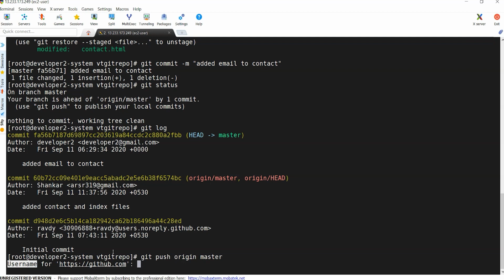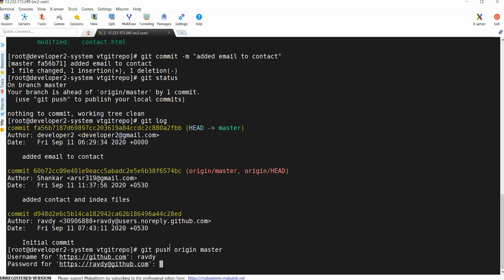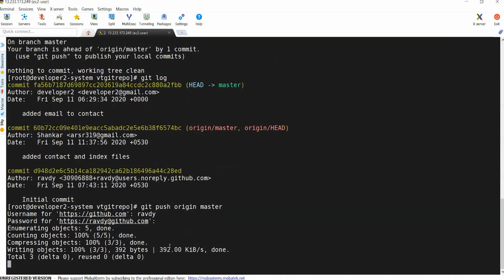If you want to use my code, yes, you can use it and you can make whatever changes you want. In this case also, developer2 wants to modify the code, and he has modified it, but while he is pushing his code onto my repository, he should have my authentication, nothing but my credentials. But giving my credentials to developer2 is not the right way. But just think that for this moment, we need credentials to push our changes, so I have given my credentials to developer2. But going forward, we won't use these credentials. So to proceed further, I am giving my credentials over here, that is ravd, and the password also. So I have given my credentials,